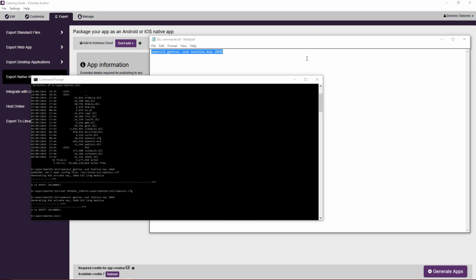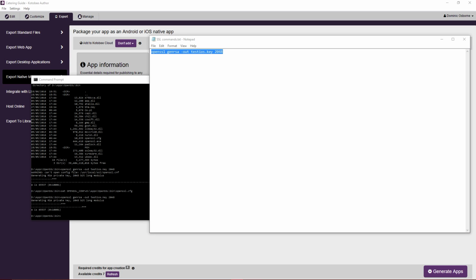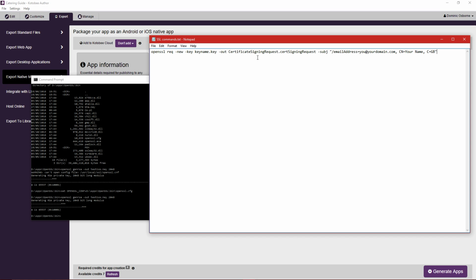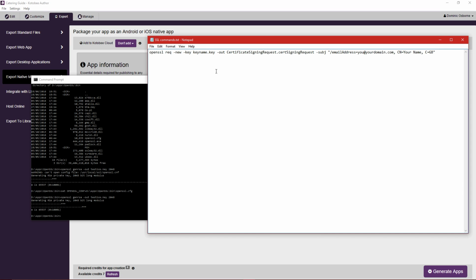So, we've generated the key. We've created the key, not the request. Next, we have to create the request. So, here's the next command. I'm going to paste it into my test document so I can edit it. We're going to ask the OpenSSL program to create a new key from the key name, from the key that